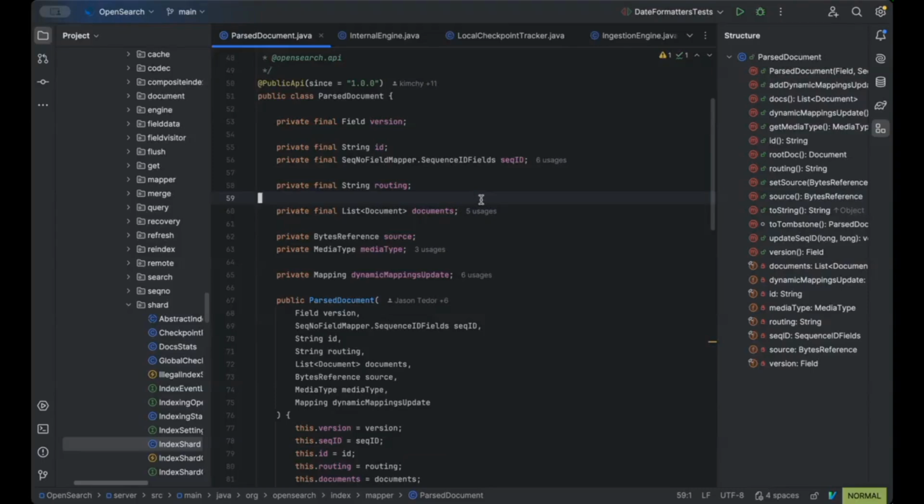If there's no nesting, then this list will have size 1. If you do have nested fields, the parent document will be the one with index 0, and then the children will be the subsequent documents. This is important because for the parent document and the nested documents to be searchable, the way that Lucene's block joins work, they must be indexed contiguously, and they must stay together within the Lucene index,